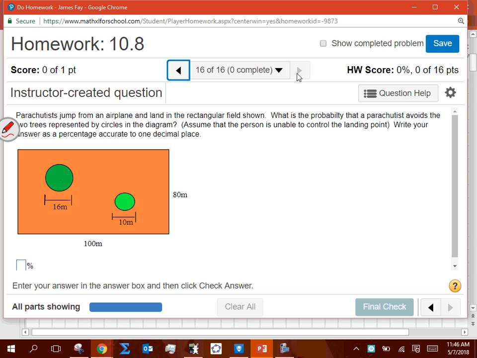So what's the probability that a parachutist avoids the 2 trees represented by the circles in the diagram? Assuming the person is under low control of the landing point, so they're not skilled with this. Write your answers as a percentage accurate to 1 decimal place. So,